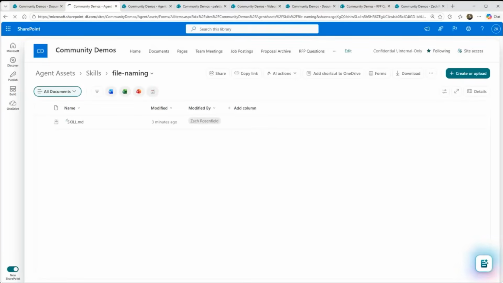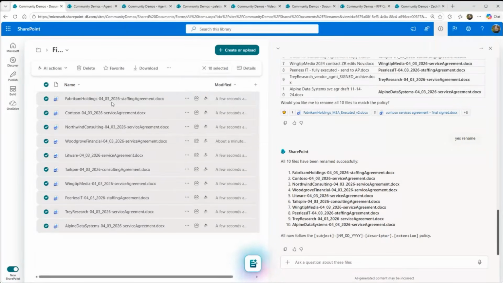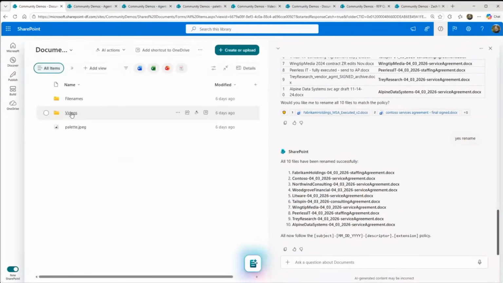Okay, let's go back and see that all of our files have been renamed according to our format. We were so quick, we missed it in action, but you can see all of the files now fit that exact naming format, and it will automatically apply to anything else we do in this library. So we're going to do 2 more demos. One is